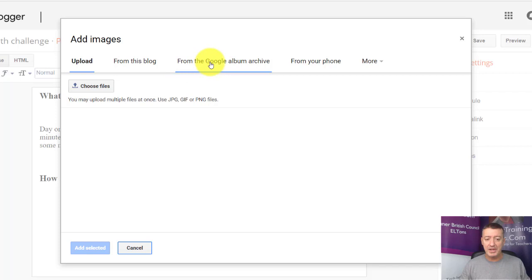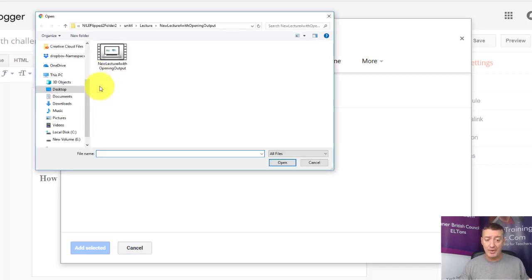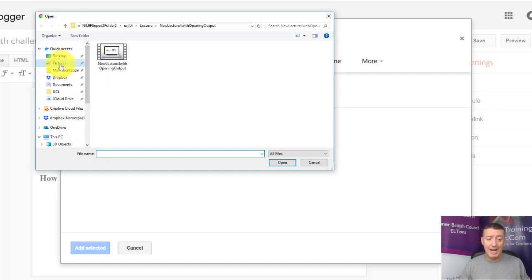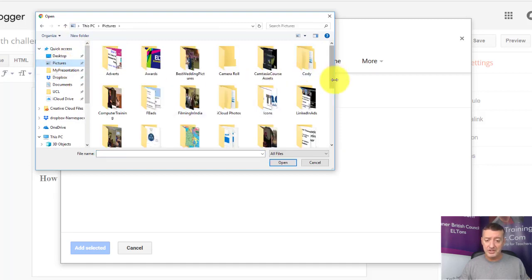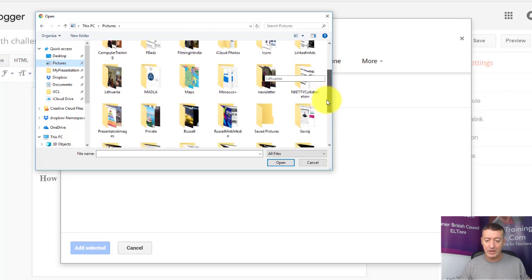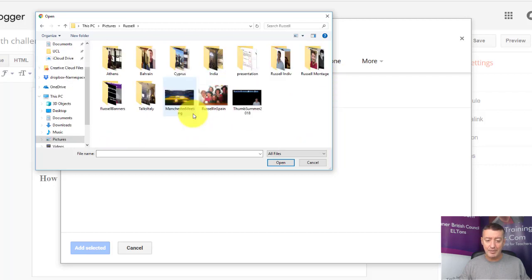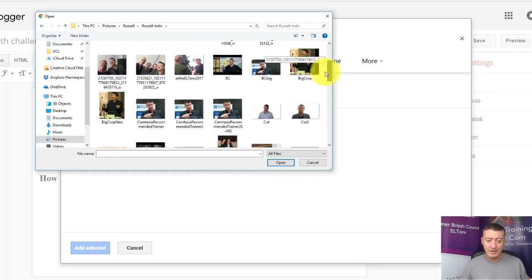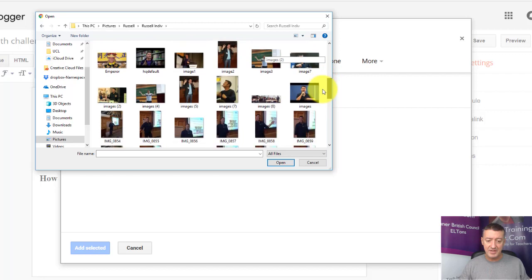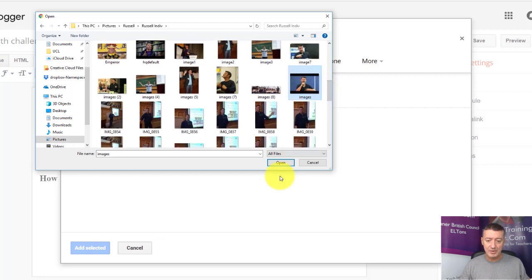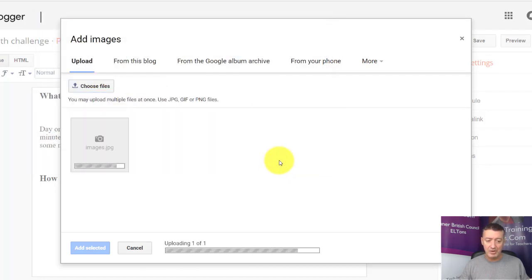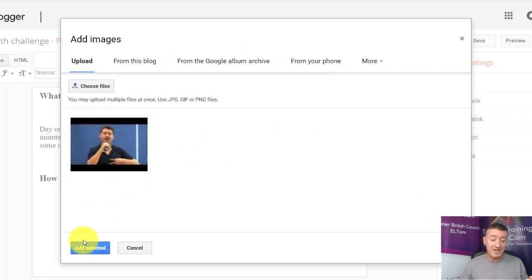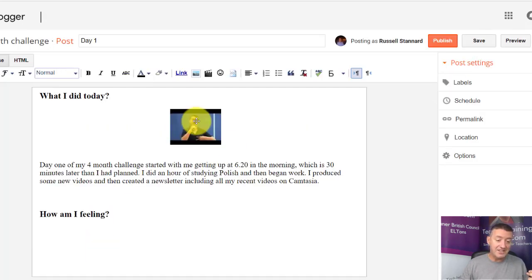I can either upload a picture from my Google Drive if I've got pictures in there. I can choose a file by simply going to my own computer and grabbing a picture from here. Let's have a quick look if I've got a picture that I can add. Just a small picture will do. Great, let's have a look down here, see if I've got something very simple that I can add in. For example, this one here. Just click on open, and then once that file has been selected, I can click on add selected and add